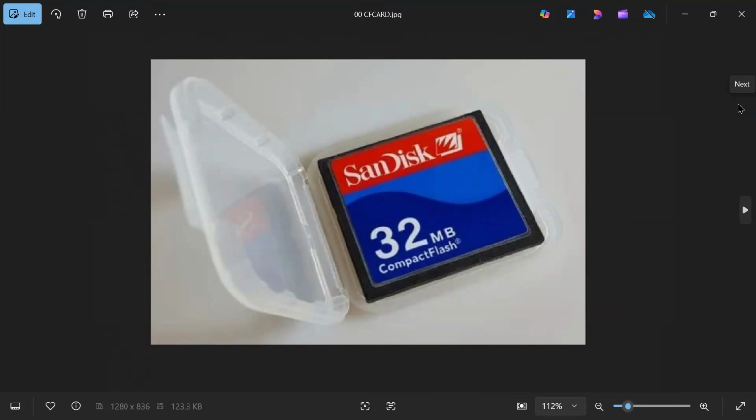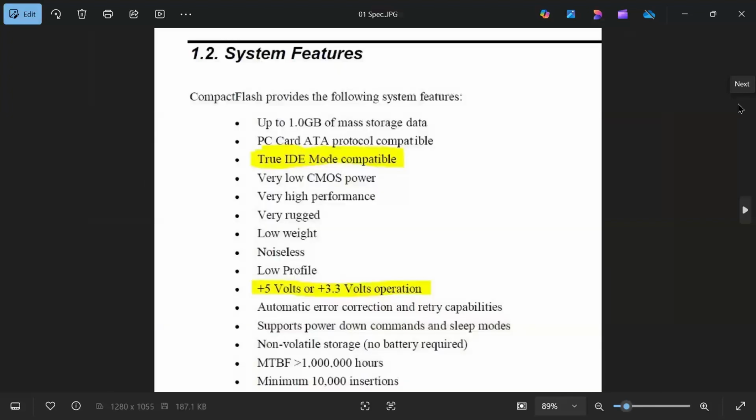TTL Computer 2. Today we'll be taking a look at an overview of the selected flash hardware for our flash storage file system. And as you can see here, I've decided to go with a compact flash solution. As opposed to, basically we have two main choices here: compact flash, which is an older technology, and then SD card flash, which is predominantly used by everything today, but there's some reasons why we went with compact flash. And if we look here at some of the system features, we can see that the primary reason